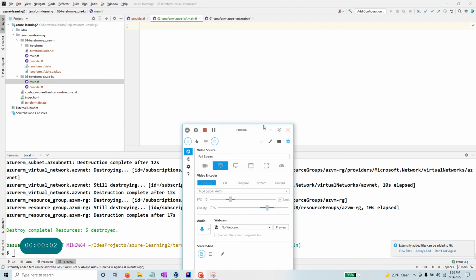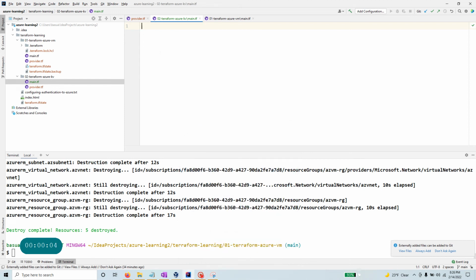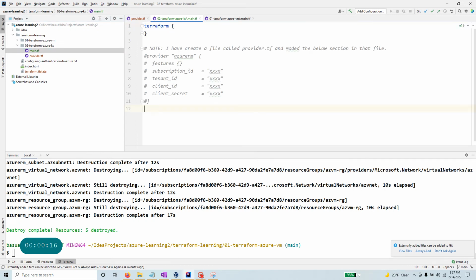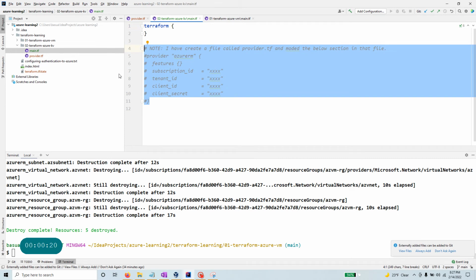Hello everyone, in this video I'm going to create a key vault with Terraform, and I have created a folder, Azure KV, and again this code is also going to be in my GitHub account. So I'm going to start with that Terraform code, and again my provider block is actually in this provider.tf file,